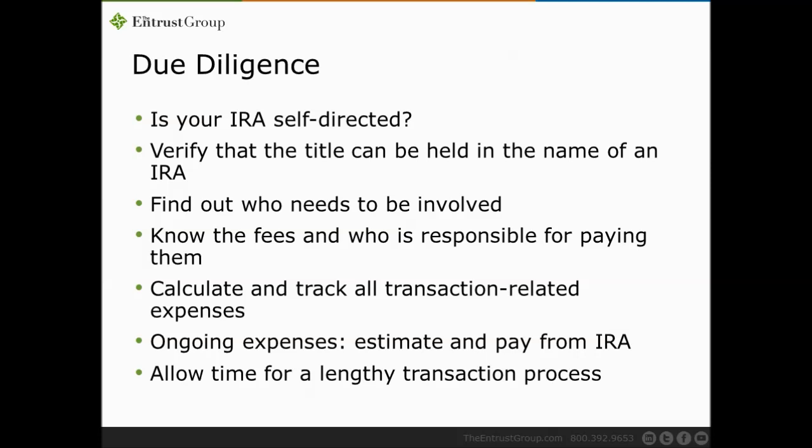You need to make sure you find out who all needs to be involved in buying foreign property. Buying property in another country is not necessarily going to be the same as the United States. Things like title companies and all that are going to be different in other countries. So you need to do your legwork and find out who all is going to need to be involved in that process. Again, Entrust does not do that for you, and we're probably not going to know the answers unless we have a lot of experience with clients investing in that specific country. And even then it could be hit and miss as far as whether we